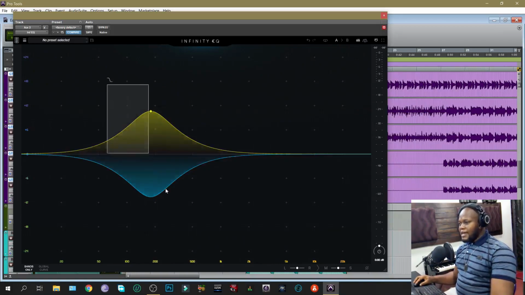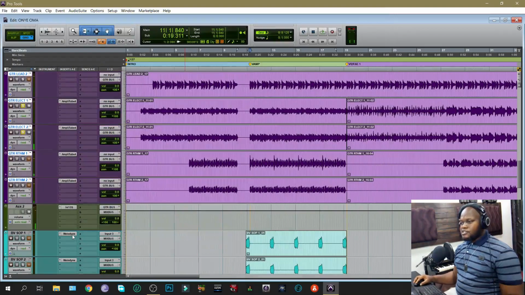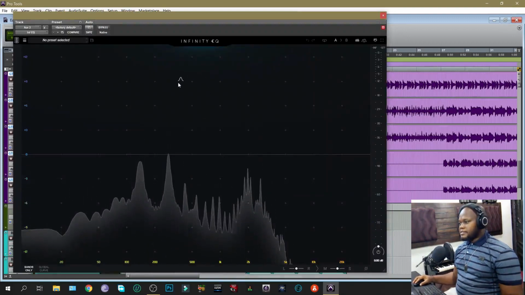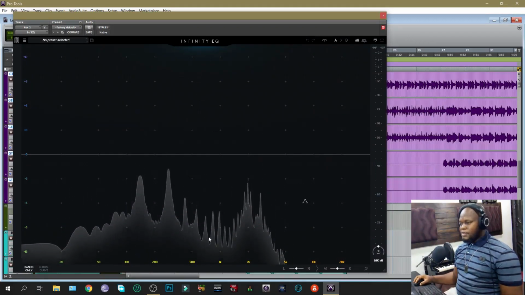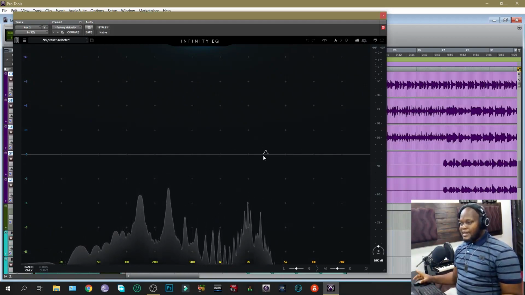Okay, where this applies is if you have something like a high pass filter, or if you're mixing maybe your guitars. We're going to look at the guitars now. So if we pull up the EQ and say, what do we want to do, maybe we want to boost the highs and we want it to just affect the sides of the guitars. Okay, then what we're going to do is